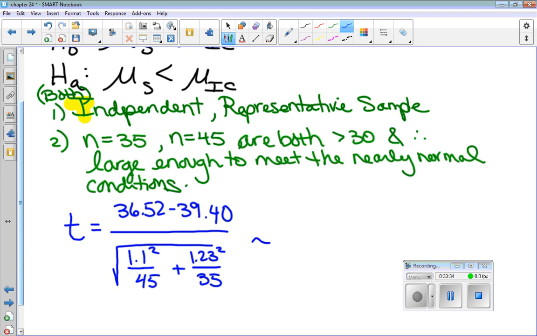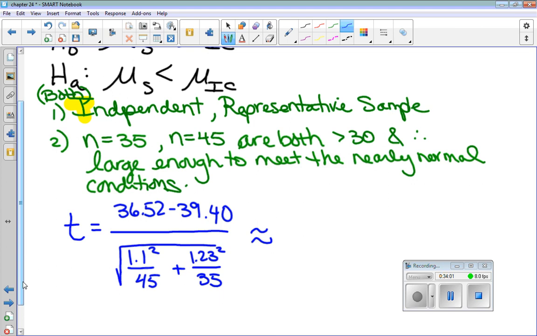So from here I can just put it in my calculator and get the answer. It'll give you a test statistic at this point. Let's go ahead and do that. I hopefully still have it in here. Didn't we do it on the calculator before? We're doing a 2-sample t-test. Yay, look at that. It's still there. All right, so the stats are still there,